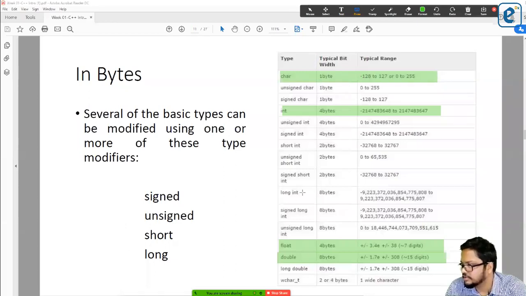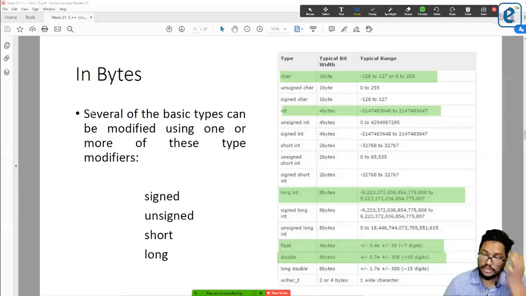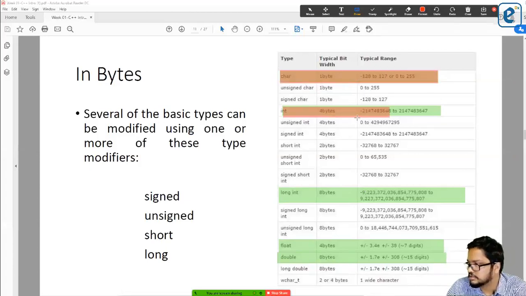And there's long int. Actually, we discussed char, int, and float. Right. So this is what you need.